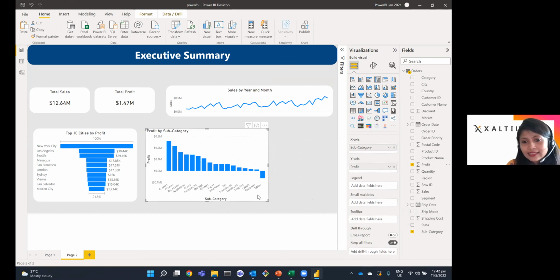And there I can see that copiers and phones are the products that are performing really well, whereas the tables, if I hover my mouse, I can see that it's really low. It's negative, right? So we can actually identify why the tables are giving me lesser profit or negative profit, and how I can focus on tables to increase the profitability. And that is what insights are. That is where actionable insights also come into the picture.